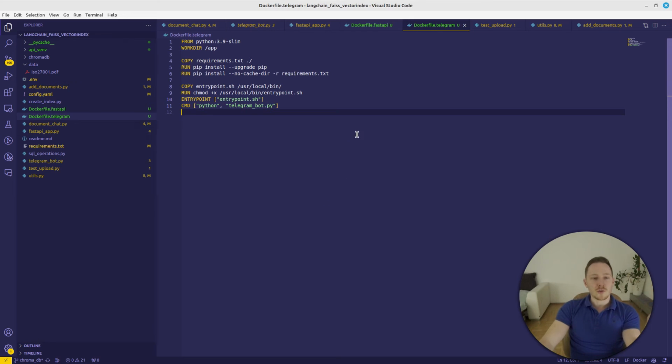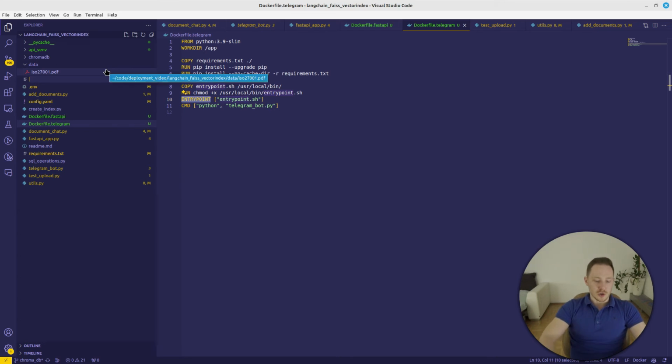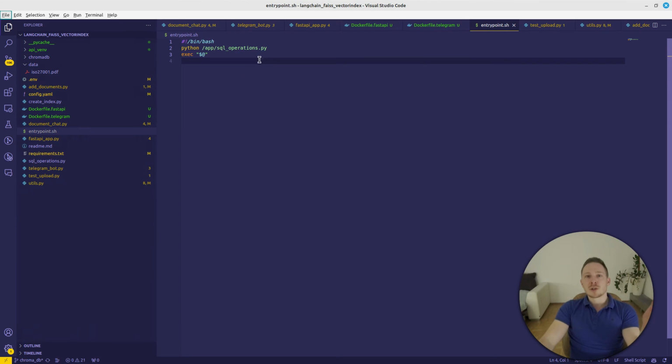Okay, and here's how our Dockerfile for Telegram will look. From Python 3.9 Slim, this will be our container base. We are going to create the work directory app. We will copy the requirements inside the container. We will install the requirements, and we are also going to create an entry point, which is going to call entrypoint.sh, and this entrypoint.sh will simply just call the SQL operations.py file,